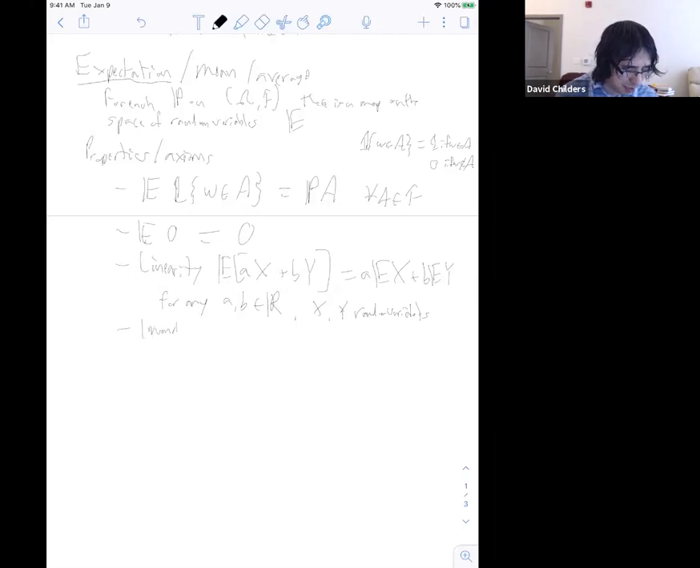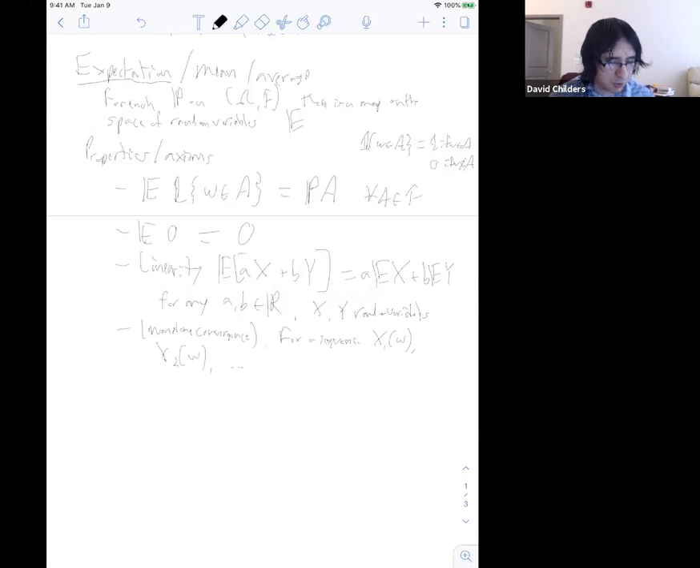Sometimes people use other axioms to define this, and state this as a theorem. But this is what's known as the monotone convergence property. And it says what happens as you take limits. So for a sequence x1 omega, x2 omega,